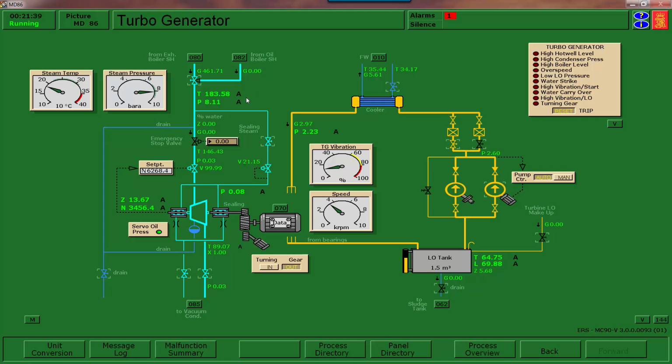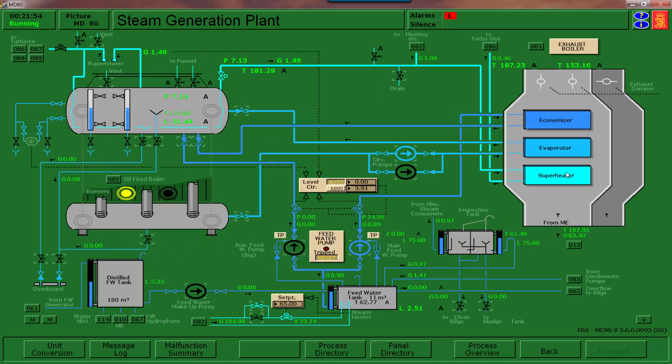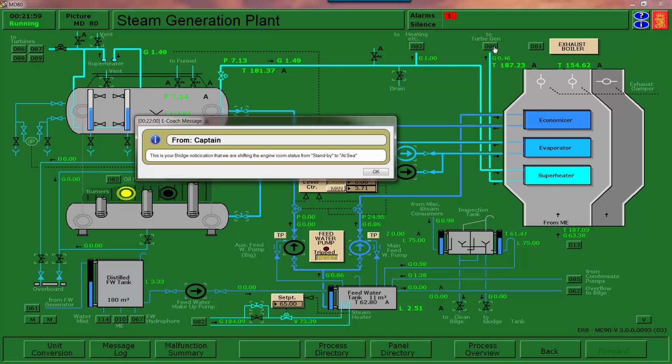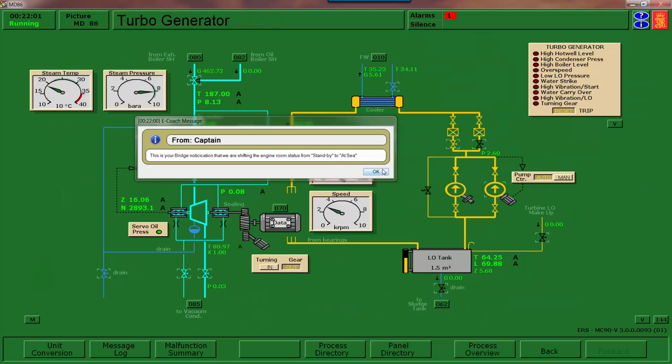And what I am doing during this shift from the oil-fired boiler to the exhaust gas boiler, I would be worried about hitting the turbine with water, because that exhaust gas boiler has not been on for a while, and there could be water in the superheated steam lines. So I am basically making sure that this superheater is up to temperature, and I've thoroughly drained the steam going to the TG. All right, we're going to be switching over to standby